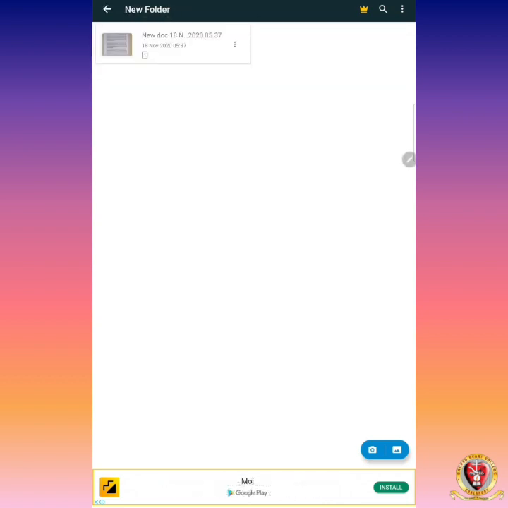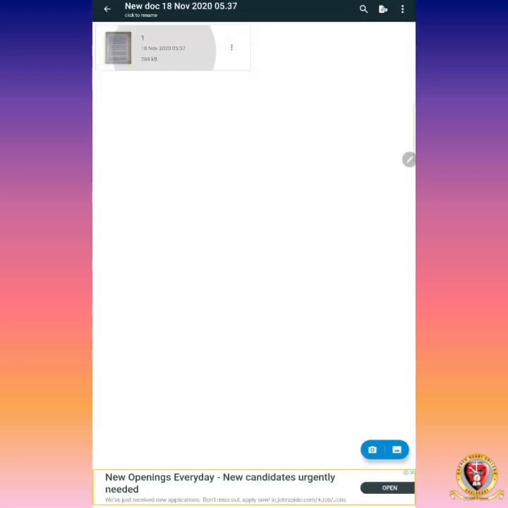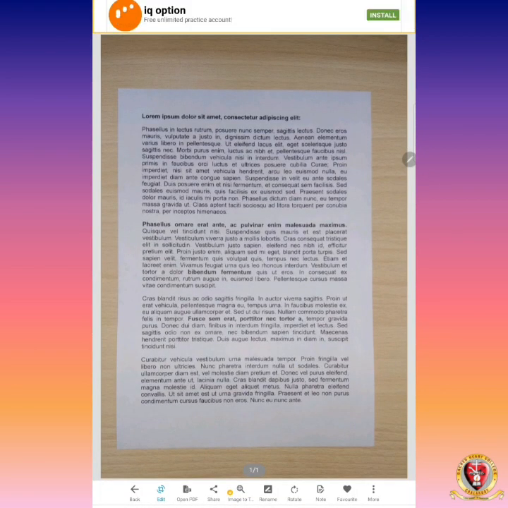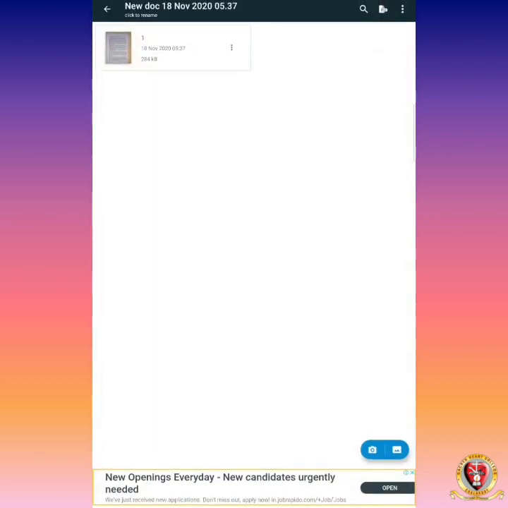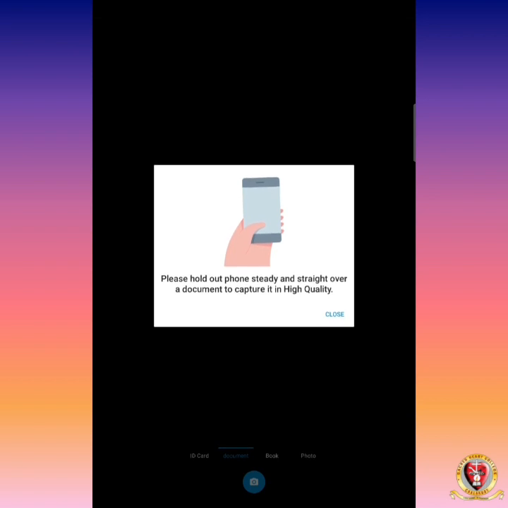Let's see how we can scan a document. This is a demo document. We are scanning this area. I am scanning a paper. After taking the photo of this paper, you can do many adjustments. First you have to place your answer paper, and you can click the arrow button.